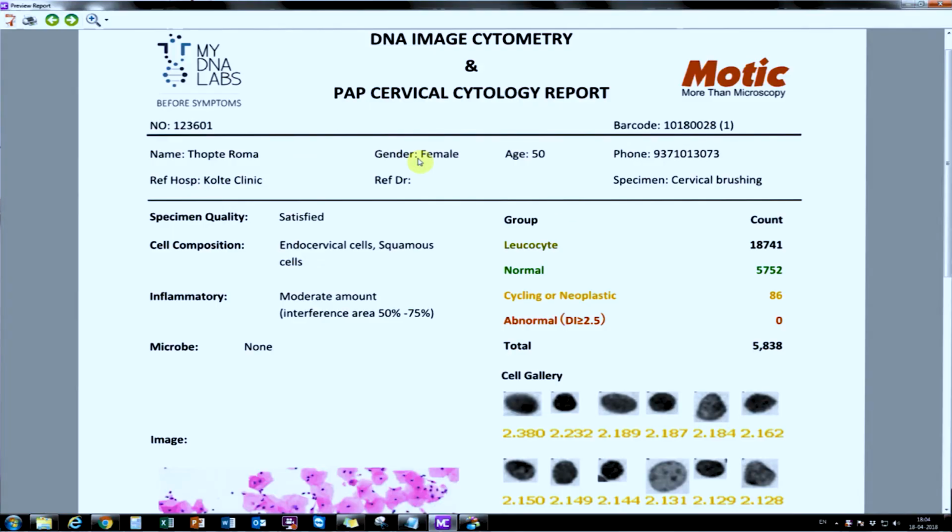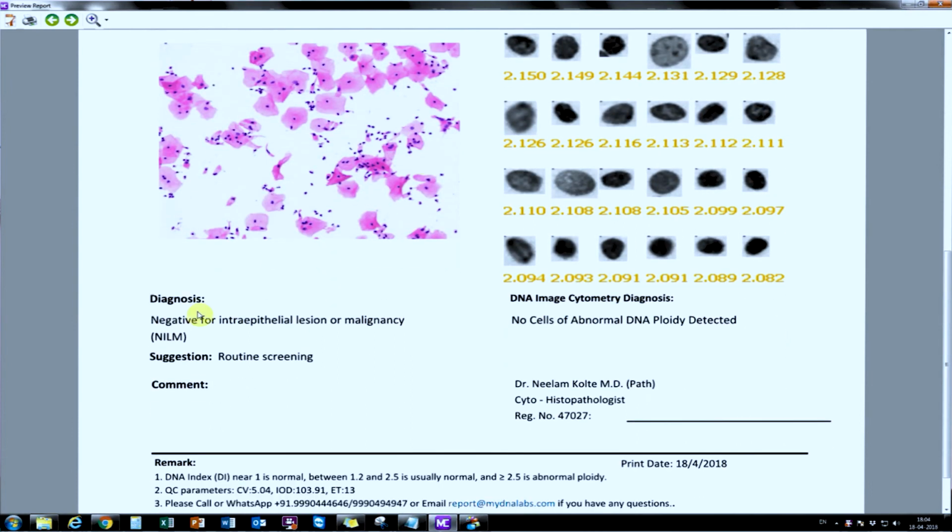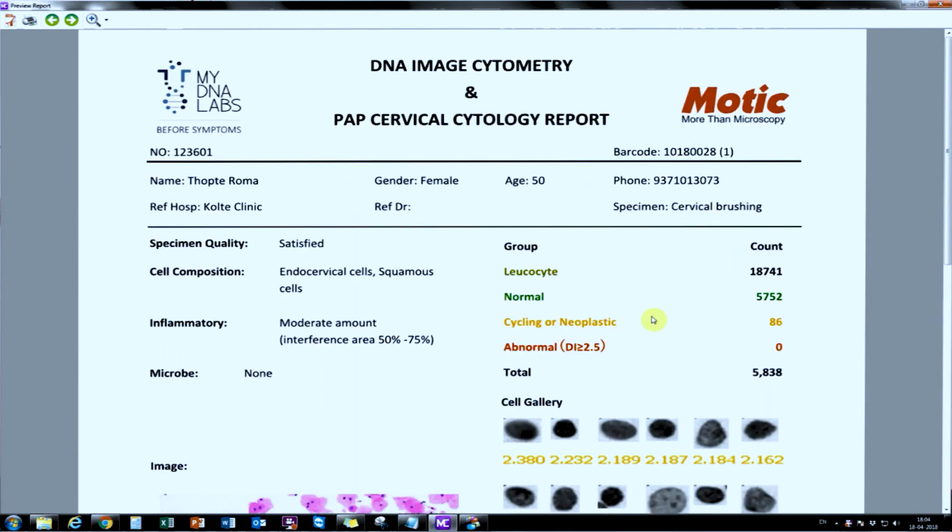So after all this is the final report, and this is how we report the PAP final report, and this is the diagnostic report of DNA aneuploidy, and the final report is generated and the analyzer